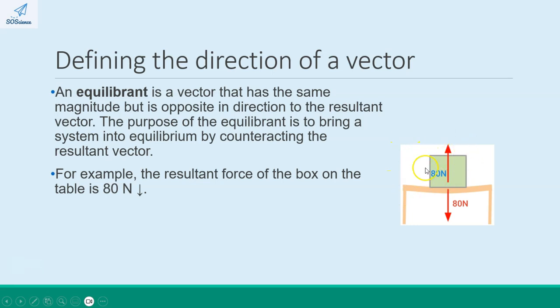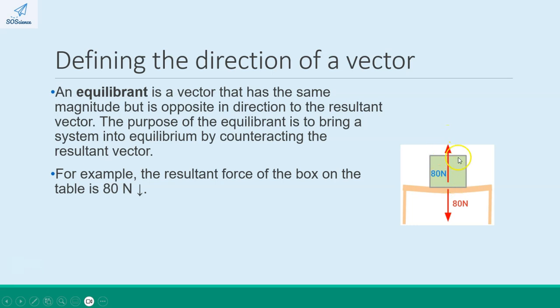So let's look at this 80 Newton box. 80 newtons is the resultant force acting down on the box. Now, if there wasn't an equilibrant, then the box would move right through the table and onto the floor. However, the box is at rest on the table, so there must be a force that is acting on the